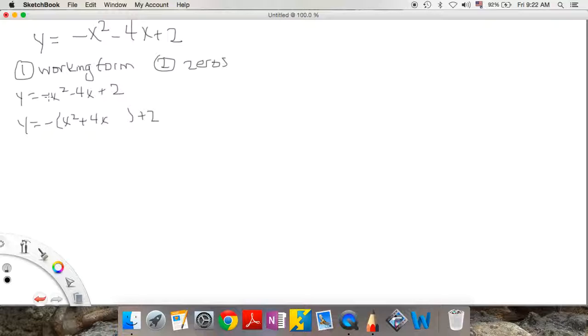So we had a negative, which means there's a negative 1 there in front of the x squared. So we factor that out, and we factor it from the x squared and from the 4x term, and then we just leave our plain number on the end here. Now we want to complete the square. 4 divided by 2 is 2, 2 squared is 4, so I'm adding 4 here. But really what I'm doing is adding a negative 4, so that means I need to add a positive 4 on the end so that I can negate that and make it go away. So then I factor,